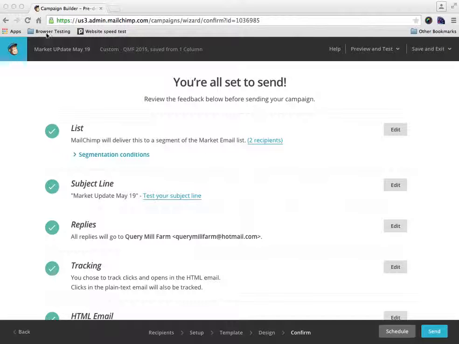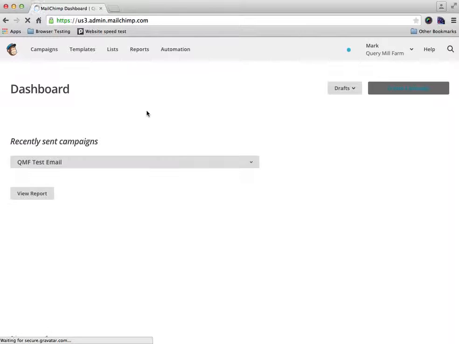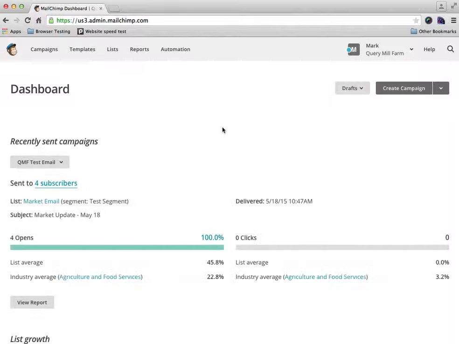Hi. So when you log into MailChimp, you are going to be sent to the dashboard here, where you see various bits of information. Most of the time when you log in, if you're going to create a new email, you're going to click the Create Campaign button,